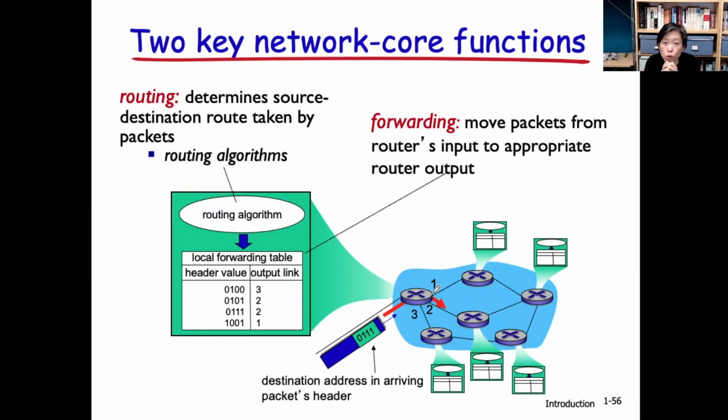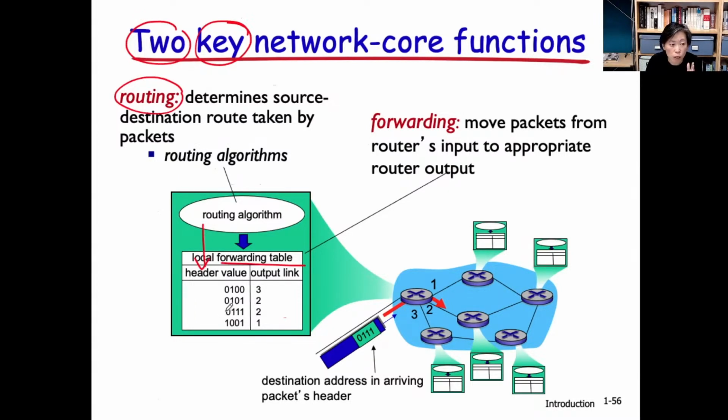Why do we need to store packets first before forwarding them? This is one of the reasons that we still need to form packets. Why can we not just streamline the bits? The reason has something to do with how the routers work. Inside the router, there are 2 key functionalities. First is routing. There are some sort of algorithms there. The routers, given the graph of the network, compute the shortest route. At the end of it, we generate a routing table, a forwarding table like this.